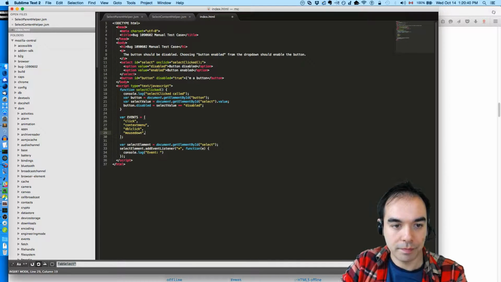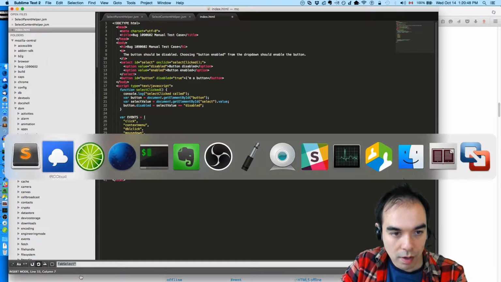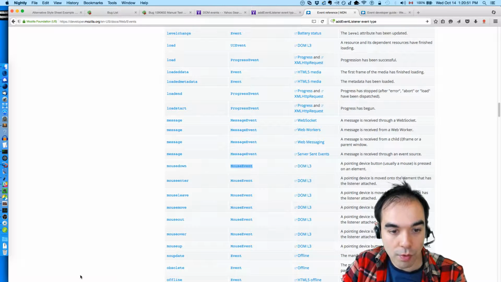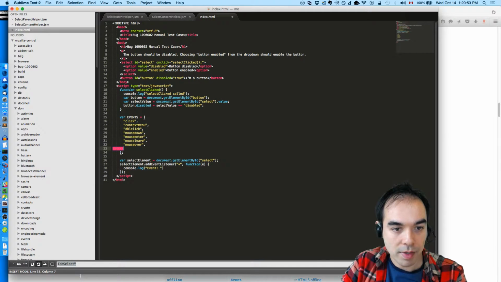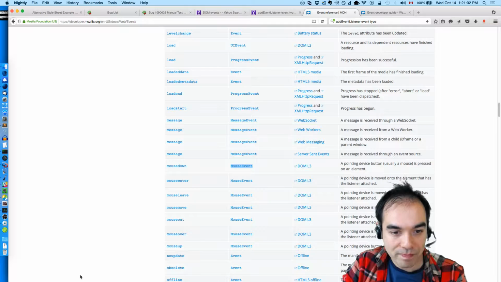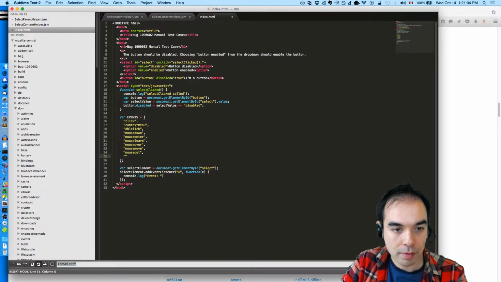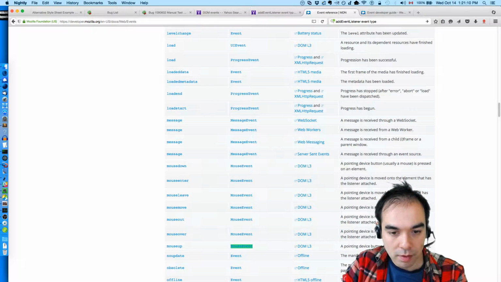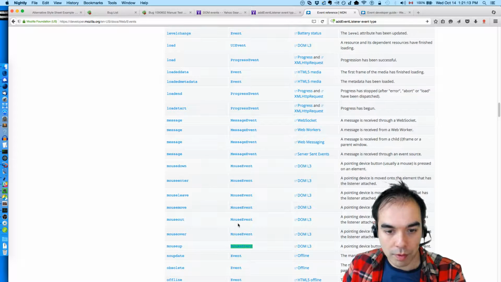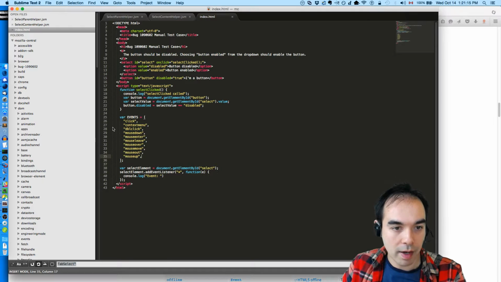So mouse down, mouse enter, mouse leave, mouse move, mouse out, mouse over, mouse up. And that's that. So how many were there? There were 1, 2, 3, 4, 5, 6, 7, and I've got 1, 2, 3, 4, 5, 6, 7. So we got them all.